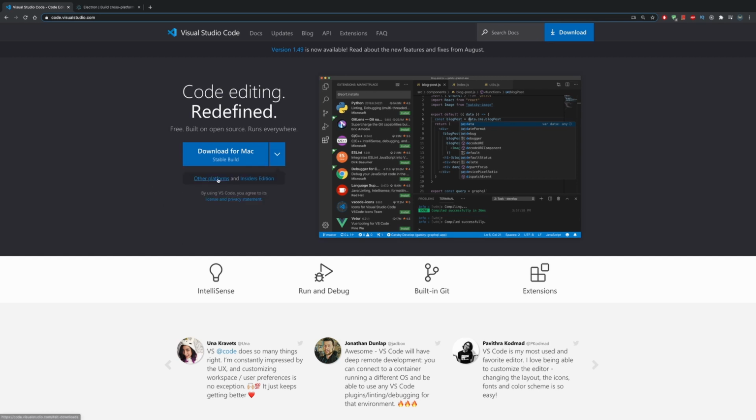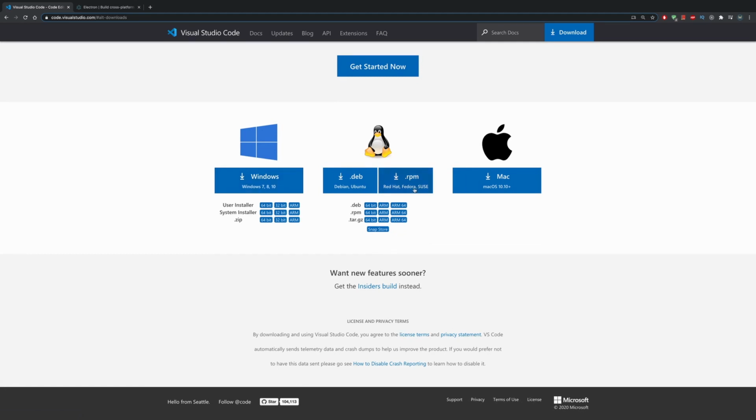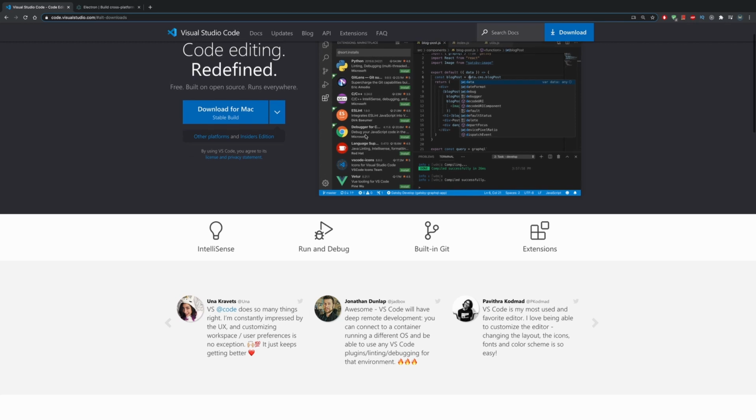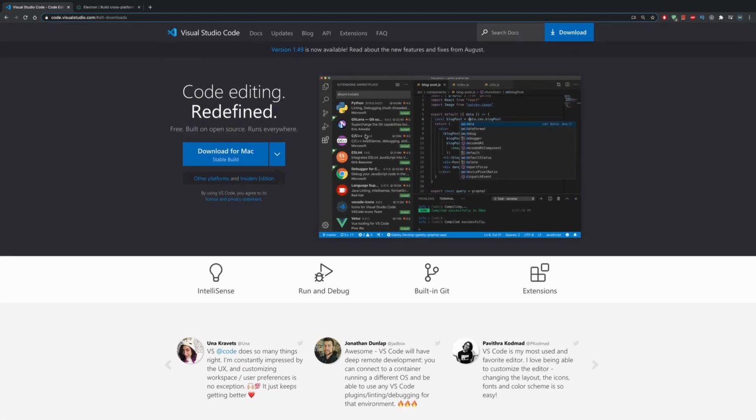Now, if you click on other platforms, you will see the download links. Visual Studio Code was created by Microsoft, and big surprise, it's free. It's actually something created by Microsoft and it's free. And the really cool thing about Visual Studio Code, because I use it mostly for web development, is that it was